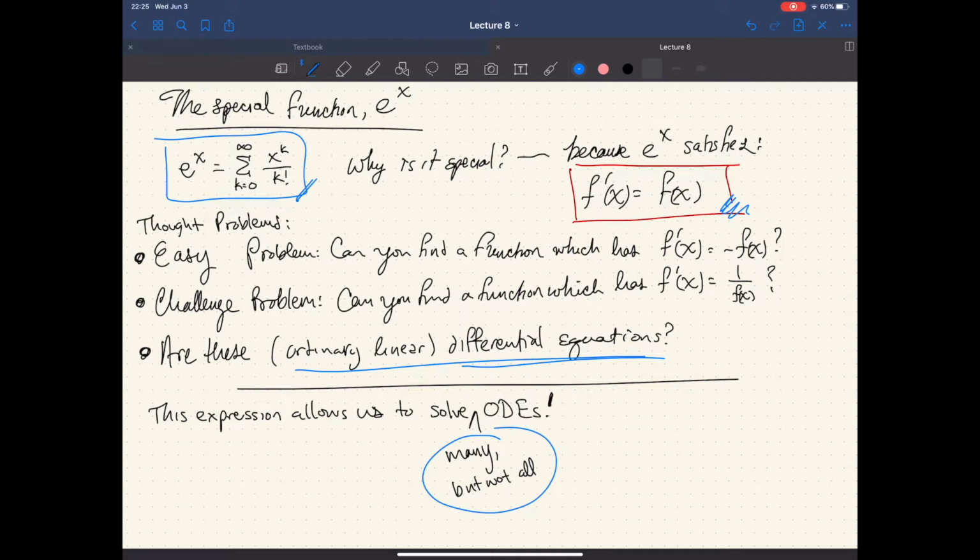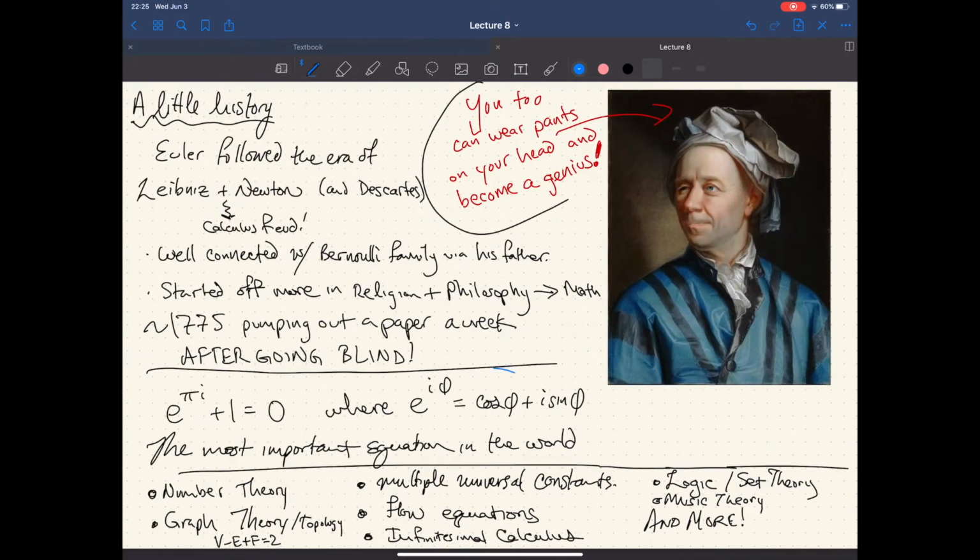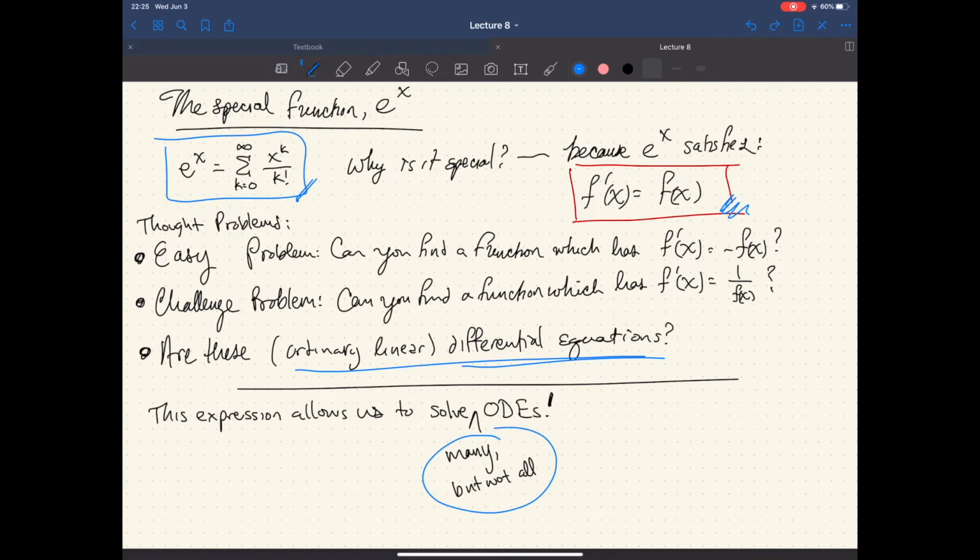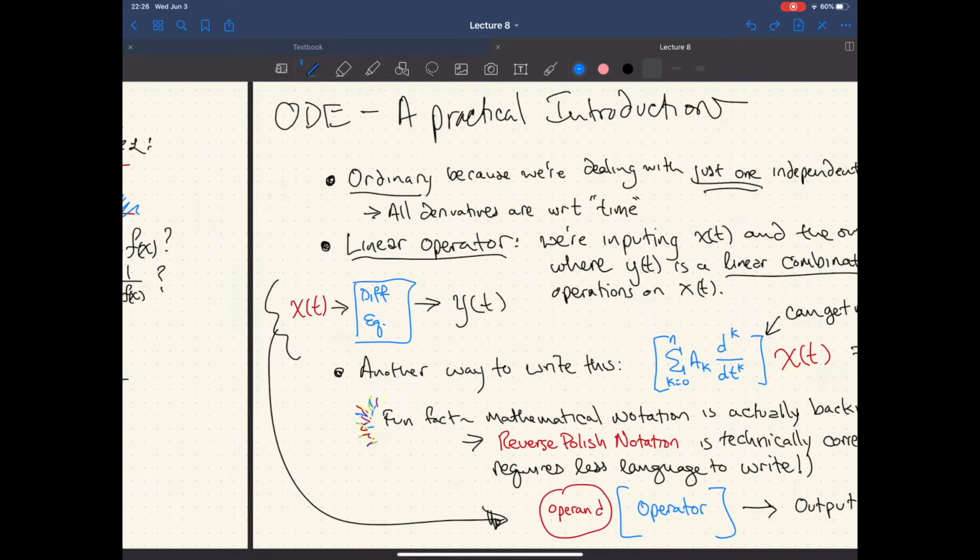All right, so e to the x allows us to solve many, but not necessarily all, but pretty much all the ODEs that we're going to be working with are going to involve e to the x in some way, shape, or form, because we deal with waves, right? Our signals come in waves. They're oscillating, they repeat over time. So it's no surprise that this is the case. Fortunately for us, the analysis of the equations is actually quite easy.